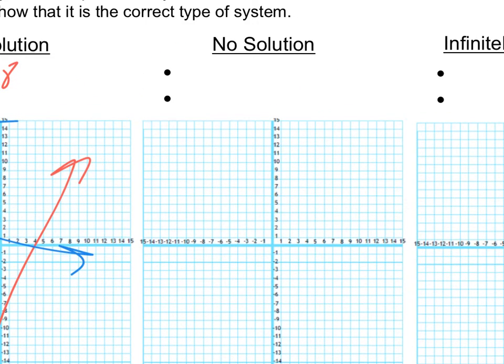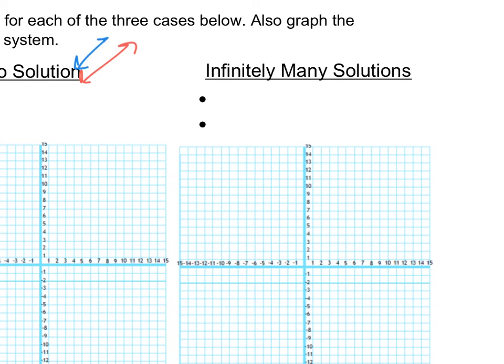Same thing with the no solutions case. Remember what that means? That means you want 2 lines that are going to be parallel to each other. So it doesn't matter what you make up for your equations, totally your choice. Y equals whatever you want, y equals whatever you want, but make sure that you have parallel lines when you're done, okay? In the infinitely many solutions case, my hint to you would just be